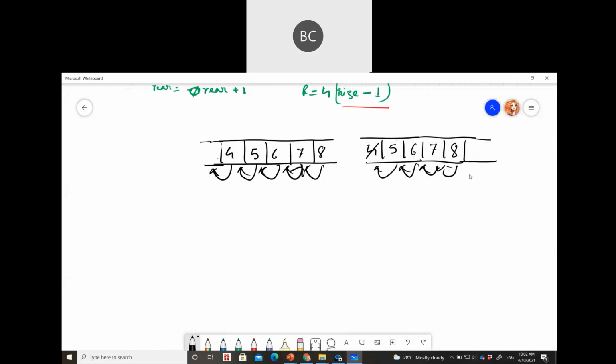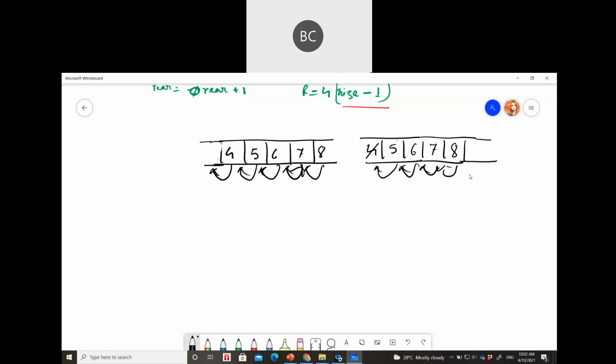The concept is clear for everyone. All these four types: simple queue, circular queue, priority queue, and double-ended queue. If you want me to repeat, I can repeat again.